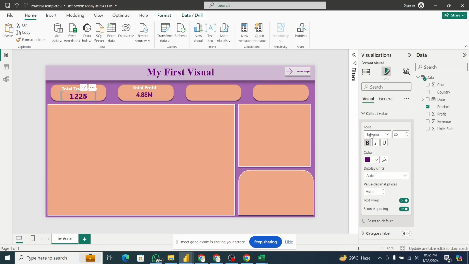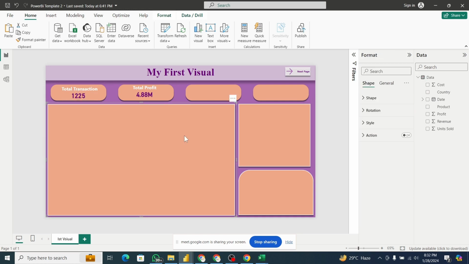And the font for this one, I think I'll change it back to the default, which is this thin. Okay, I think this makes sense a little bit. I will do it like that. So now that is our total profit,